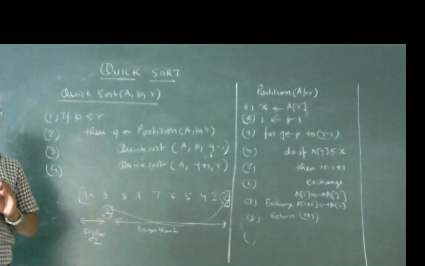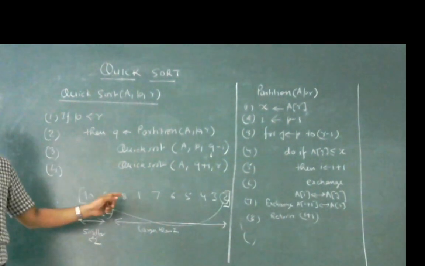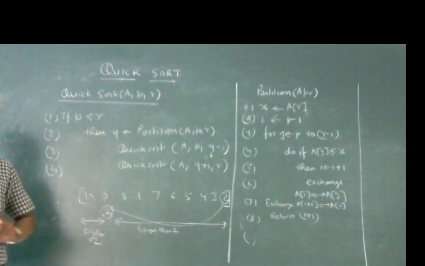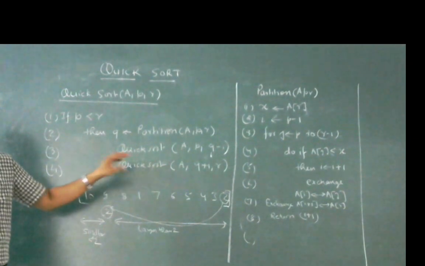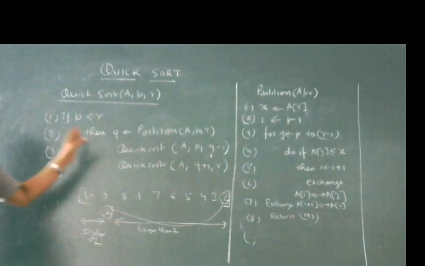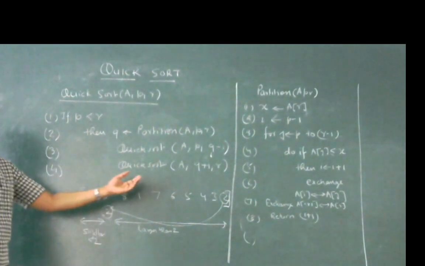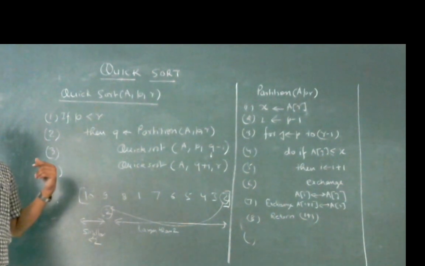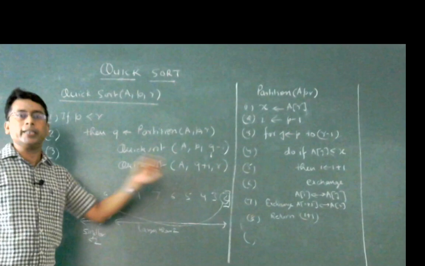So I shall teach you about the algorithm that is used to perform this operation, and after that I shall take an example and I shall perform the quicksort algorithm over it. So first we start with the pseudocode or the logic for performing all these things: to sort all the elements smaller than that element to the left hand side, and all the elements greater than that element on the right hand side.